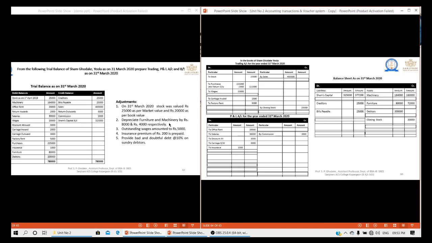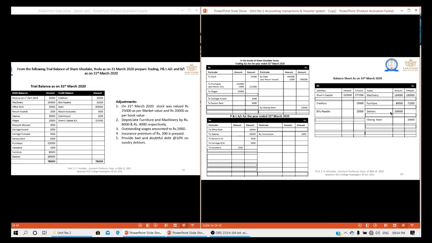So before doing this adjustment, we'll see these two adjustments, that is return inward and return outward. Return outwards are deducted from the purchases, whereas return inwards are deducted from the sales. So we have done this. Return outwards were subtracted from the purchases, so you will get 2,25,000 minus 3,000, 2,20,000 in the outer column, and we have the sales less return inward, 4 lakh minus 2,000, 3,98,000. Then we'll see the adjustments.